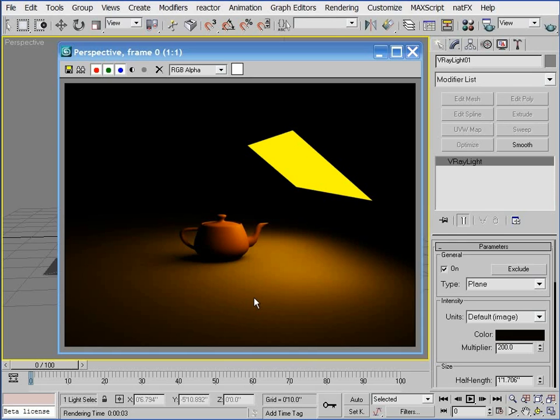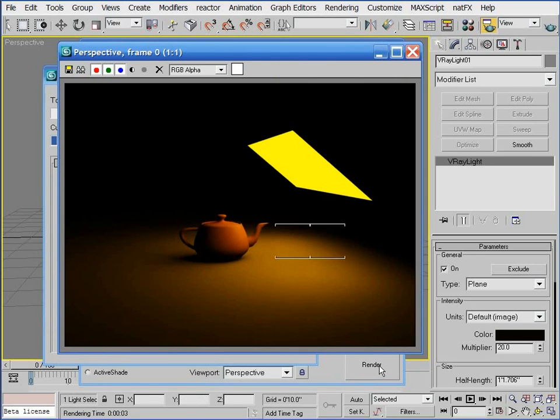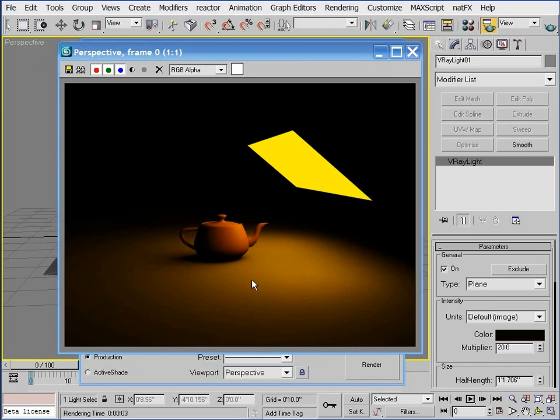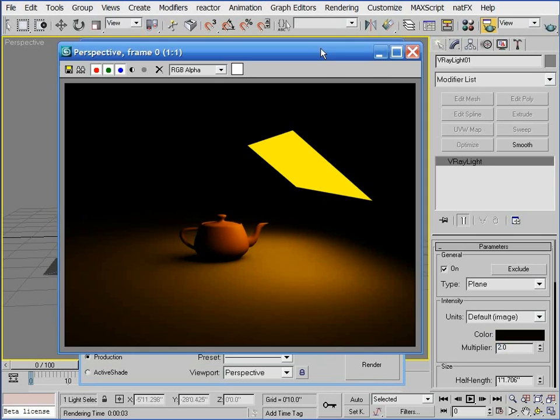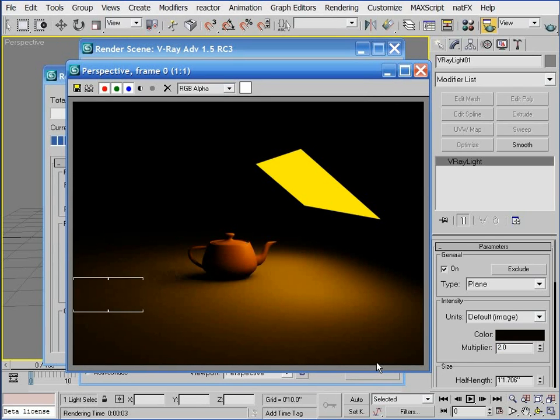some higher quality settings. Watch what happens if I decrease the light multiplier tenfold from 200 to 20 and offset that reduction in light with a tenfold increase in color mapping strength from 1 to 10. When I render, I get almost the exact same amount of apparent illumination, but the side effect is a tremendous amount of added noise. And if I go even farther and reduce the light multiplier tenfold again and offset this with another tenfold increase in the color mapping, when I render, you can see that the noise